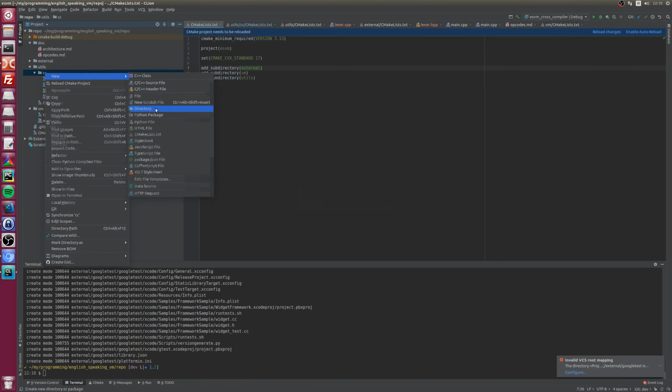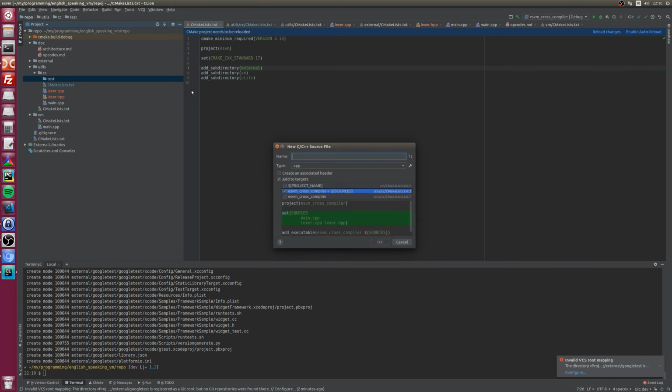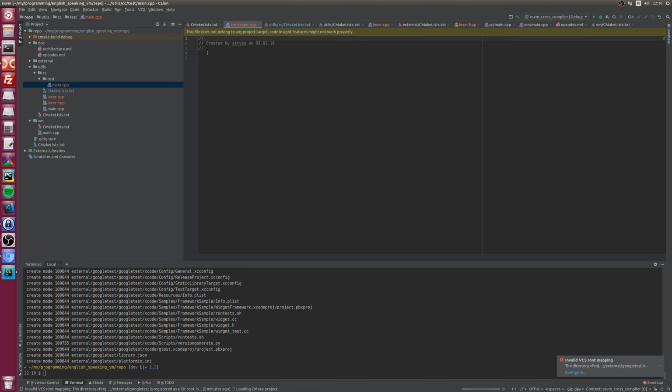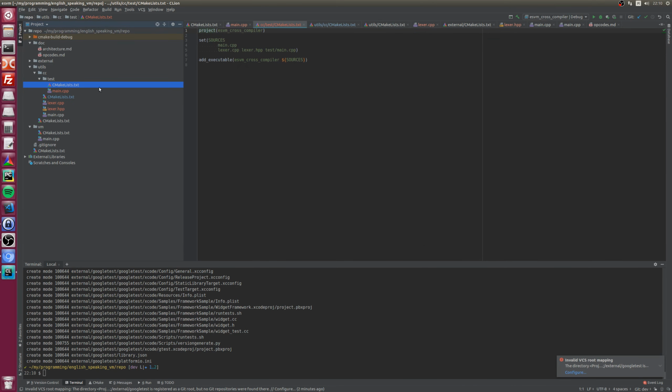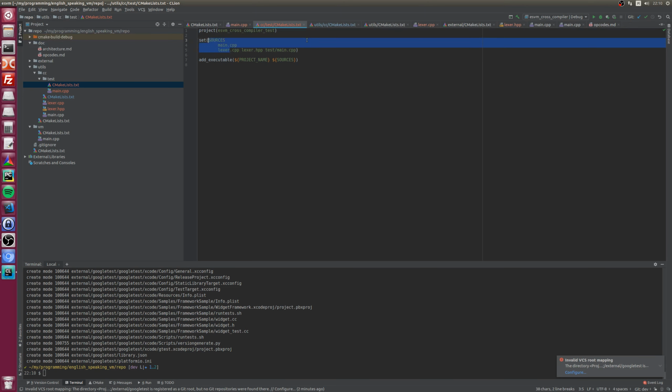Now let's create a test directory here and create a main for tests, which is going to look, okay. Let's create a CMake list for main. Test. Project name, sources. Okay, main.